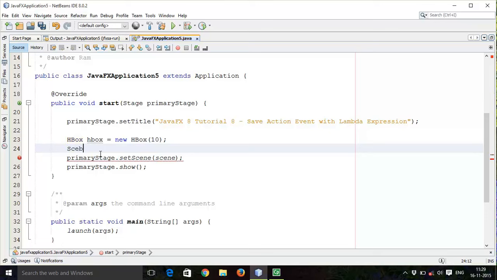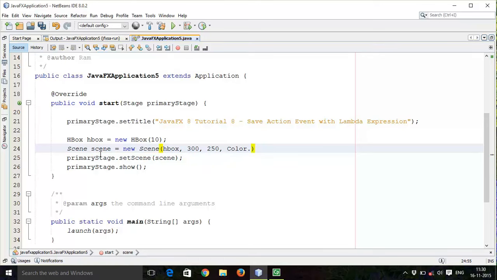So scene equals new Scene for the HBox of size 300 by 200 or 250, and a background color, say Color dot silver.